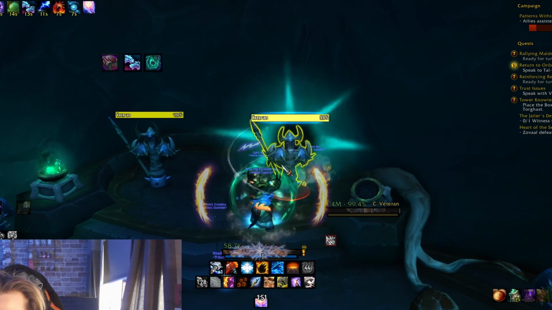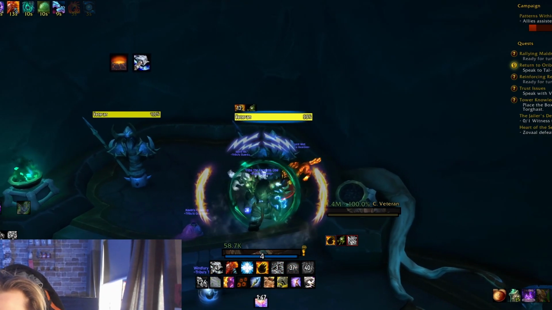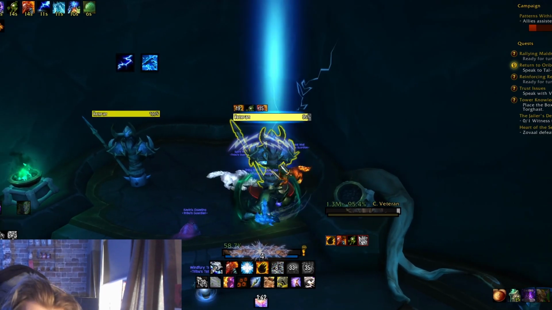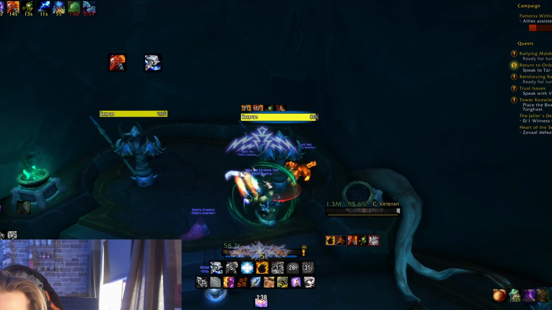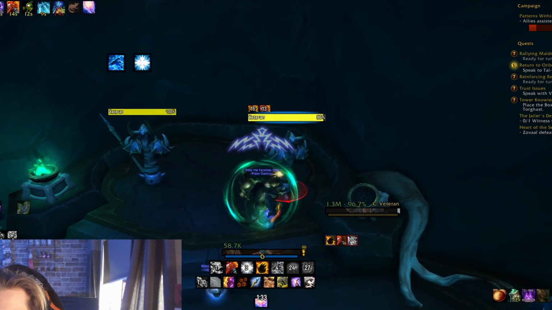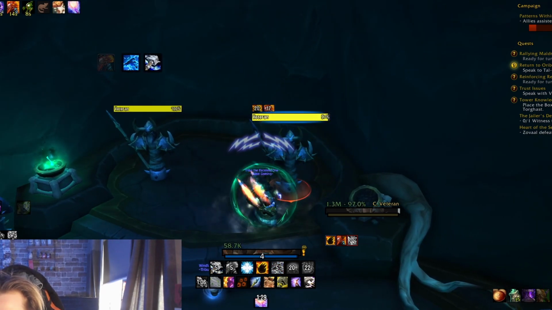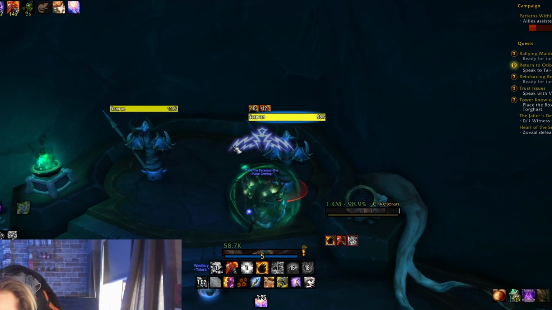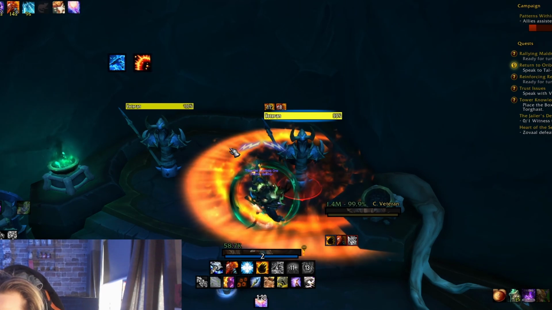Feral Spirits, Primordial Wave, Crash, Sundering, Storm Strike because it procs, Lava Lash because it procs, back to back, don't use the same ones. Lightning Bolt, then Crash again. Crash is going to be used a lot more in these situations. Lava Lash, proc Storm Strike, then a Crash again. We're going to put Frost Shock on the target, a bit of Chain Lightning, Lava Lash, Crash, Storm Strike, Frost Shock, making sure Flame